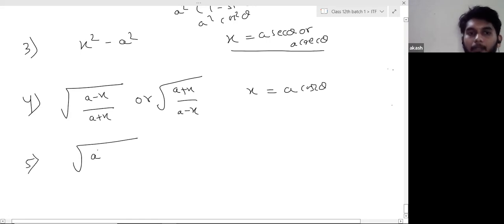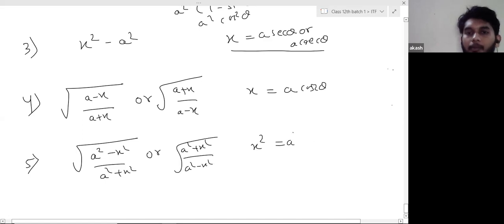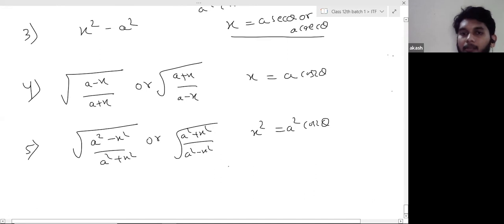If you have under root a square minus x square upon a square plus x square, or a square plus x square upon a square minus x square, then you can put x square equals a square cos 2 theta. Why so? I told you in the last class also, if you put x equals a cos 2